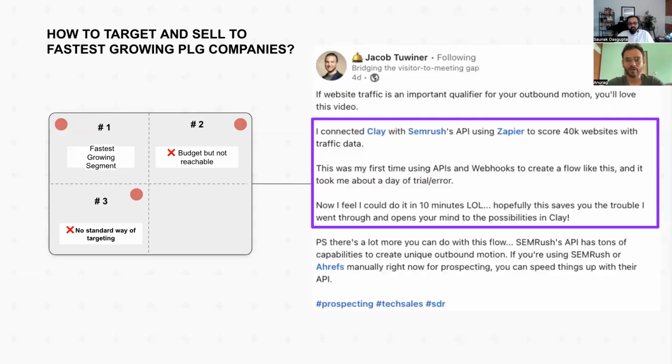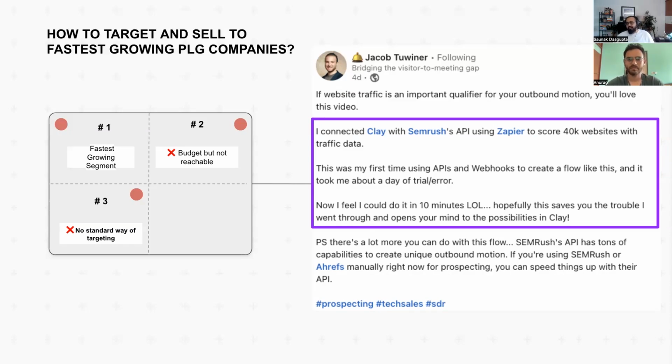So to that end, we found a very interesting post by Jacob. Sorry if I'm butchering his name. But Saunak, do you want to explain what his unique approach is? Yeah, so we found it very interesting because PLG companies are in vogue. Like, look at the Canvas of the world and Loom of the world. Challenge, as you mentioned, there's no way for us to build a list. Especially if you are selling to product management teams and customer success teams. PLG companies are great. So Jacob came out with this very interesting LinkedIn post, and where he mentioned the way